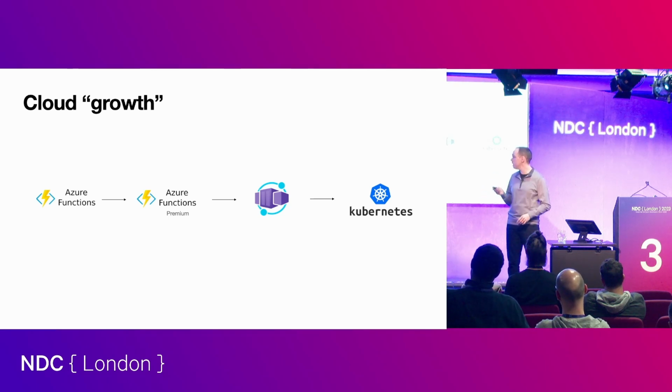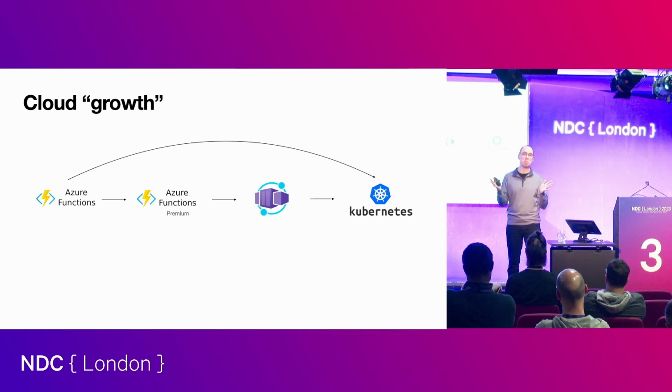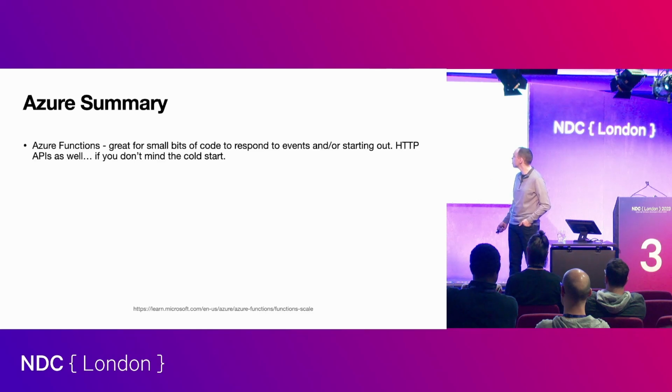In this particular client's case, they went straight to Kubernetes, which was a decision. I'm not saying it was a bad decision. I'm just saying that I think there were costs to it. I think they overestimated the complexity of Kubernetes because, yeah, I have people that do Kubernetes for me. That's all I'll say about my experience there. But recognizing, as an architect, the value that Kubernetes can provide, and all these other cloud services, that to me is the more interesting question and helps me make much more informed, better decisions for clients. So, Azure summary: great for small bits of code to respond to events and for starting out.